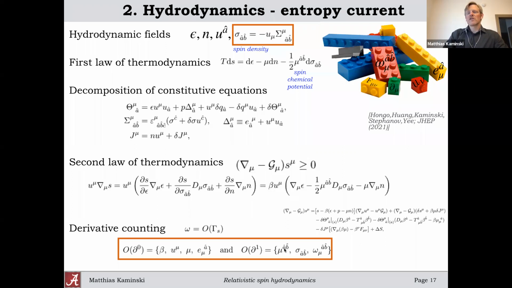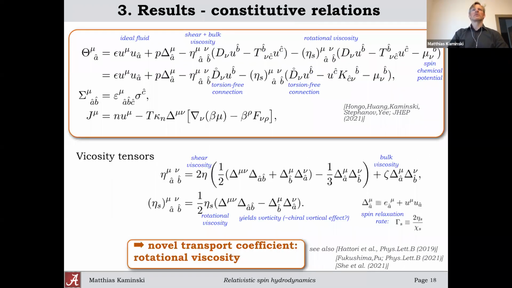But the chemical potential for the spin and the associated spin density, and then also the spin connection, they are all of first order in derivatives. So that is the counting that you find, and I can motivate why that is the counting, but let me come to the conclusion. So you find constitutive relations when you perform this. These are the constitutive relations. It's a horrible mess to look at this slide. I apologize. I wanted to have a little more time, but in the interest of time, I will just again